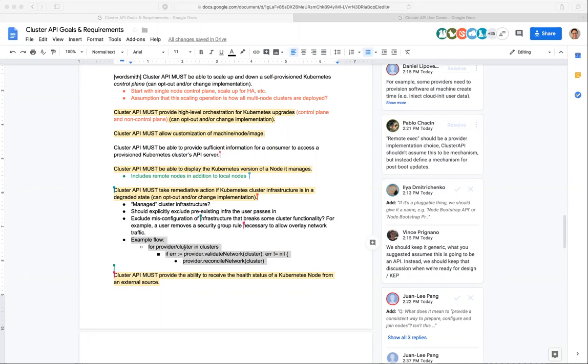And I have a little pseudocode here that basically is like, let's go look at all the clusters, and then for each cluster and its provider, let's validate the network. And if there's errors, then we're going to ask the provider to reconcile the network. And that assumes that the provider is in charge of creating the network. If it's not, this won't happen. If it is, then the provider, whether it's AWS or some other one, can go do its own thing to make sure that stuff looks good. This is not about trying to make cluster API informed about there being 10 different firewall rules that are necessary.